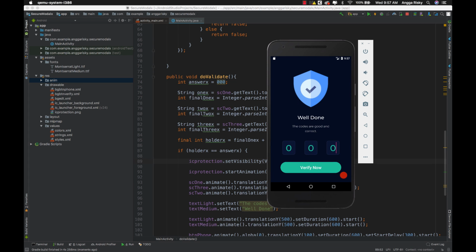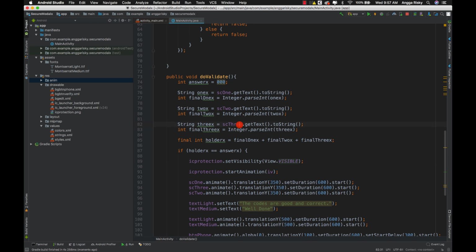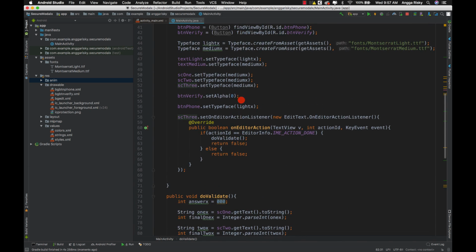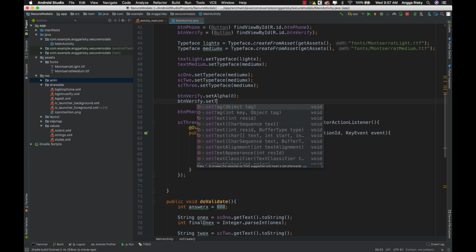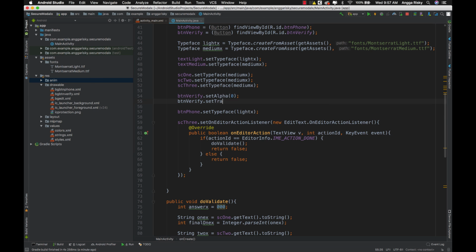Wow, amazing, right? So yeah, that's just nice. And I'm curious, are we able to make this verify now button animate from 0? I mean button verify and then set translation y maybe 80.